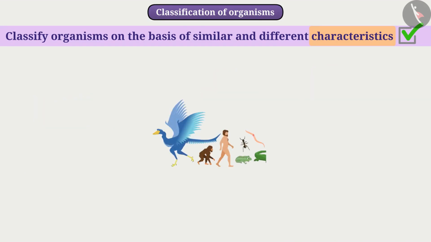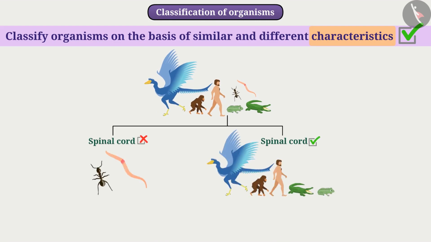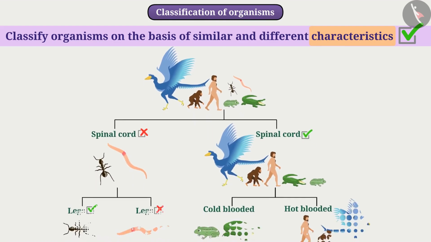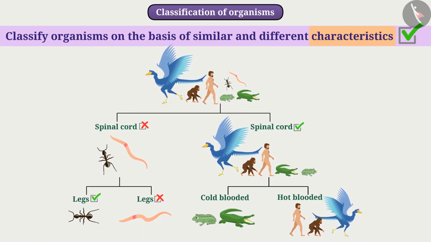Organisms with similar characteristics are placed in one group for classification. Then, based on other characteristics, subgroups of that group are formed. In this way, groups of organisms can be classified into hierarchies. The next level of hierarchy has all the characteristics that are present in the previous level, but different groups of the same level differ from each other in some characteristic.